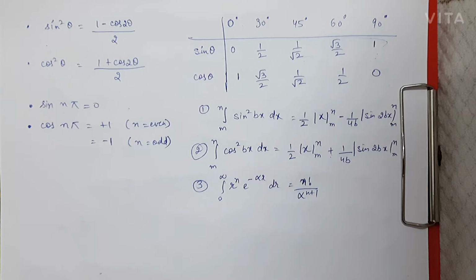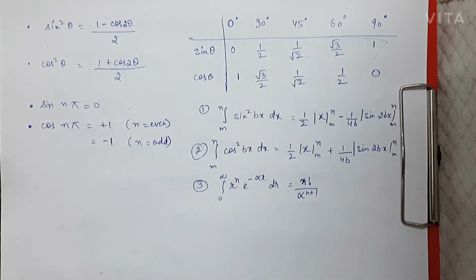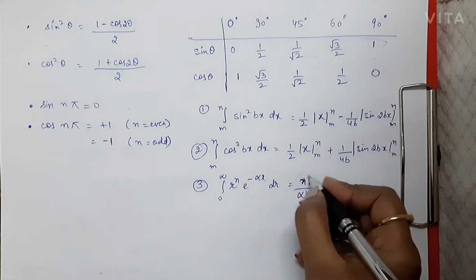So in the first video of quantum chemistry, we were discussing some of the formulas of differentiation and integration, along with some formulas of trigonometry, and we were discussing these three. These three are basically not formulas, but short tricks which can help you to cut down your numerical length. So here we were discussing factorial.